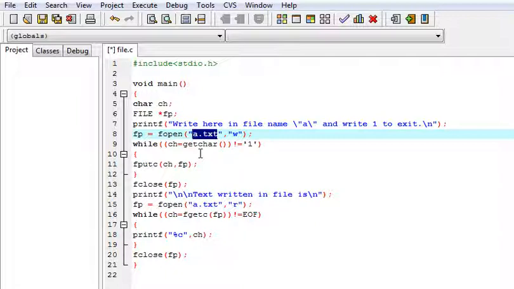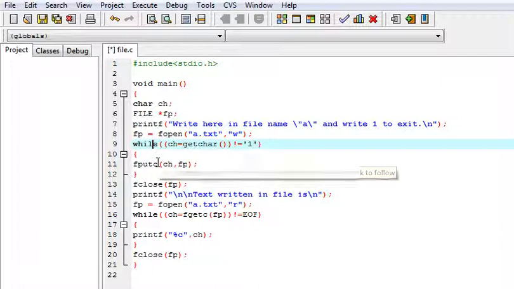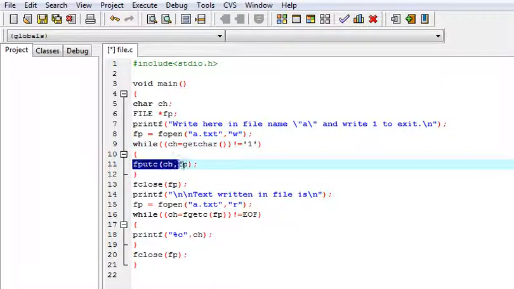Now what I am doing here is taking a character from the user until we get the number one. We have written one here so that we can quit. After that we have written fputc(ch, fp). What will fputc do?